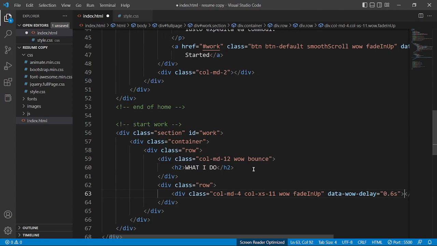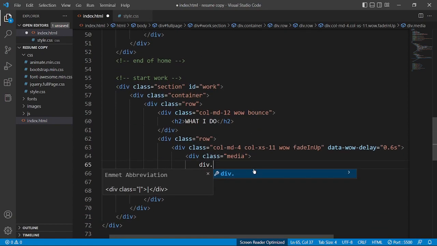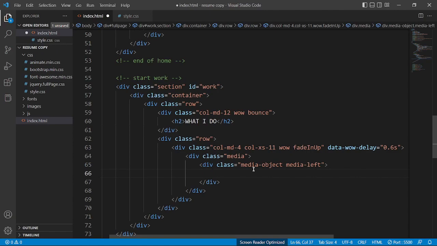Okay, so after doing this, we'll create another div with the class of the media, then give a div with another class of the media object, media left. So after doing this, we'll be adding our icons, that is an I with the class of the fa laptop,